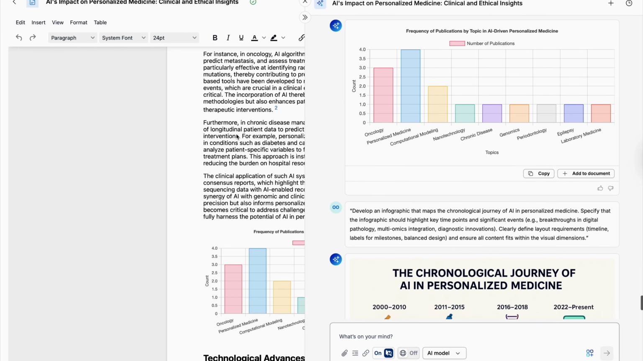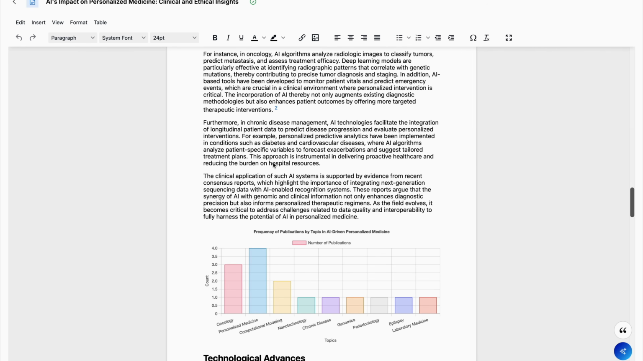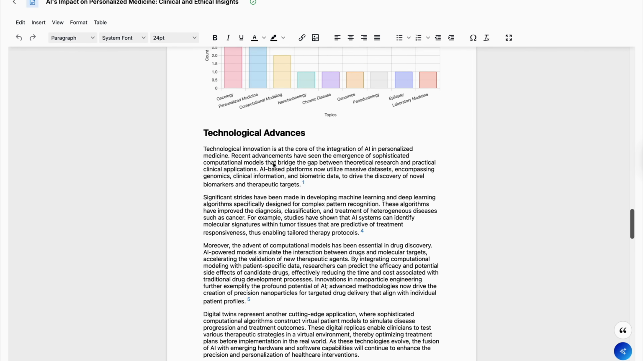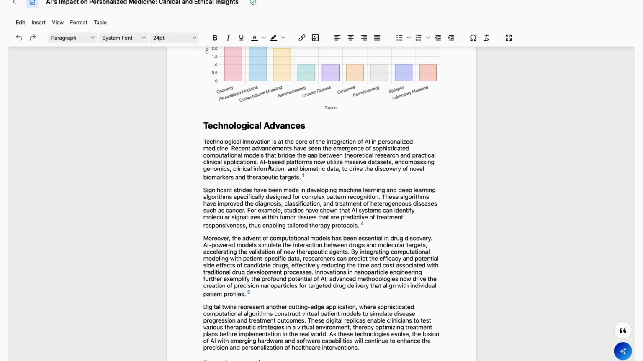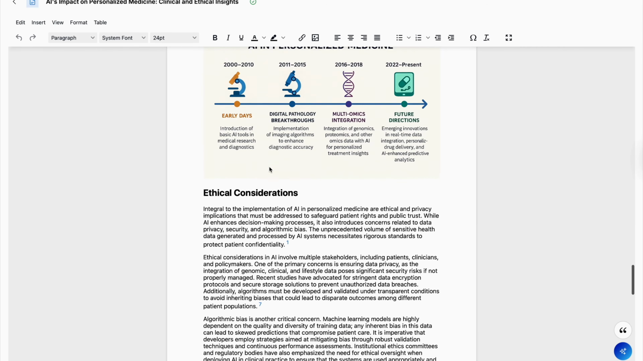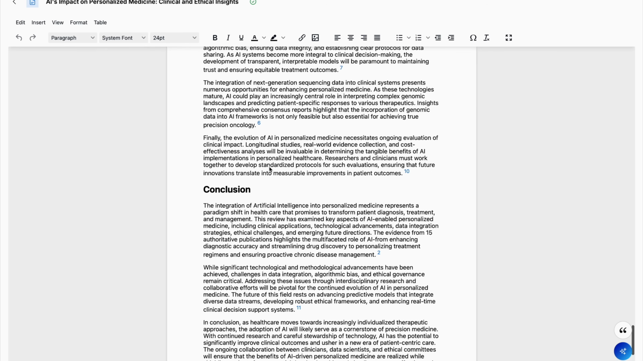And you can always just copy and paste or add to document. And so with iteration from here, you can have a very complete document that you can now send to your reviewers. And then, of course, let's not forget one very important step,